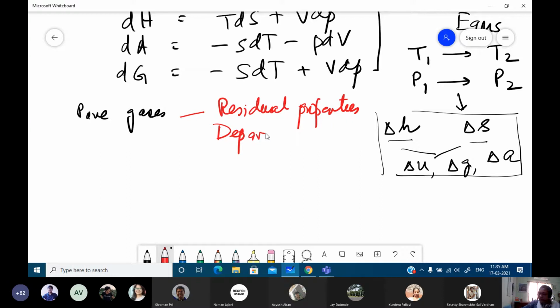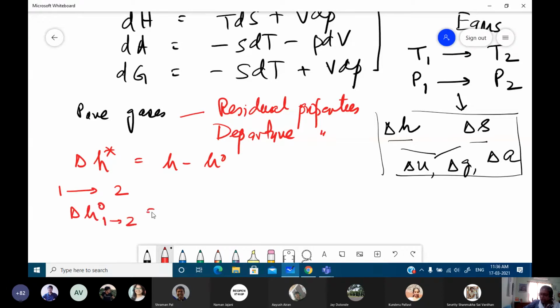Now, why was it so very easy? Because finding out the property changes for an ideal gas was very easy. Now, when finding out the property changes for the ideal gases was very easy, it was felt that if we can just refer to any particular property change with respect to the ideal gas, then suppose we have to go from state 1 to state 2, we can find out delta H0 from state 1 to state 2, or in other words, H02 minus H01. Finding out this is very easy, because in this case